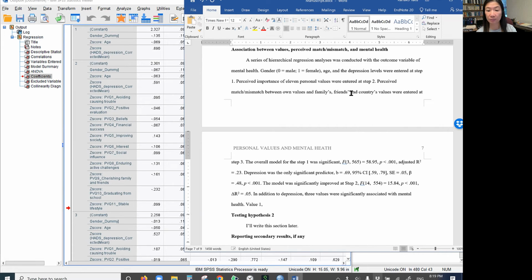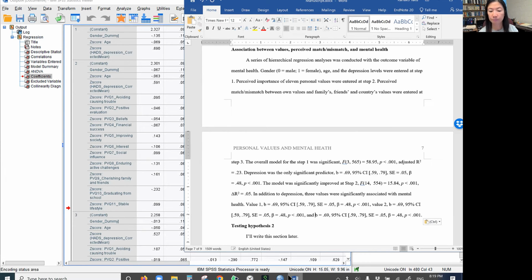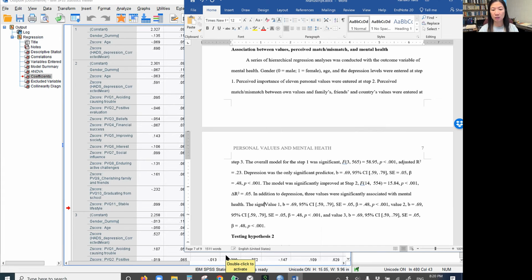Let me just make the placeholder so I can add later. So it's going to be like this: value 1, value 2, and value 3 were significantly associated with mental health. I already said the 3 values were value 1, value 2, value 3.